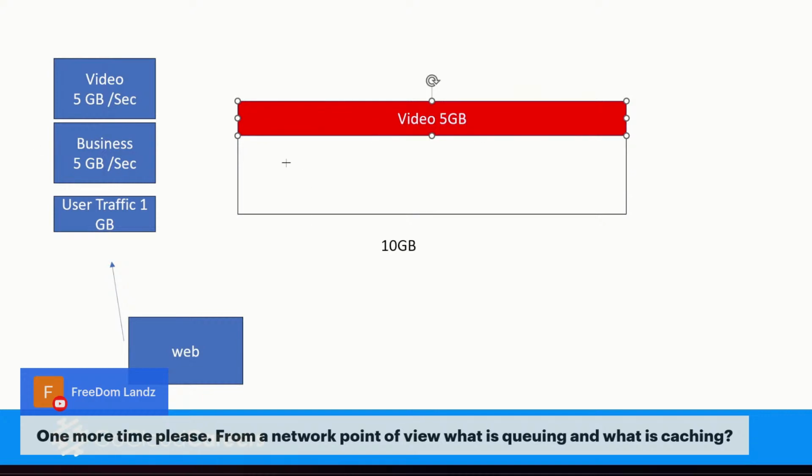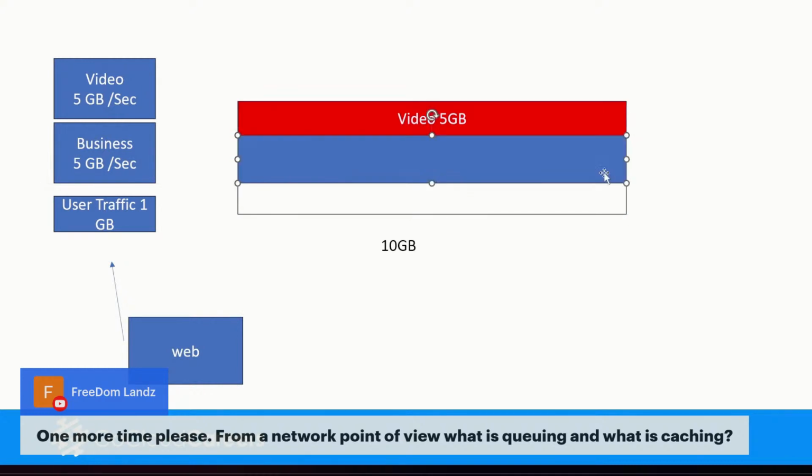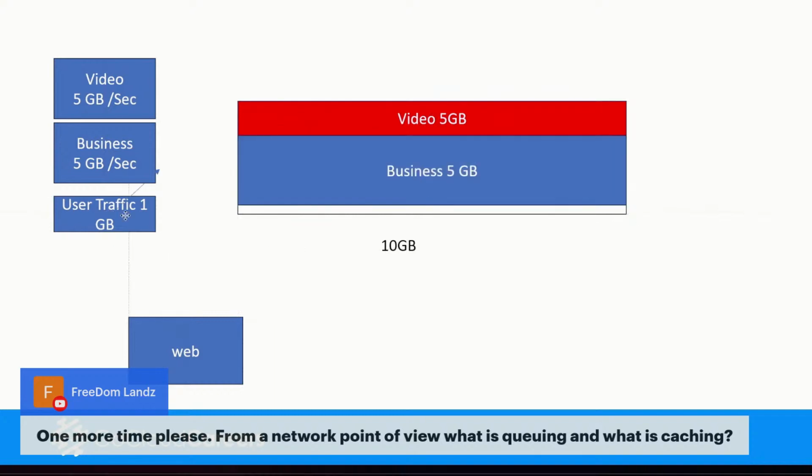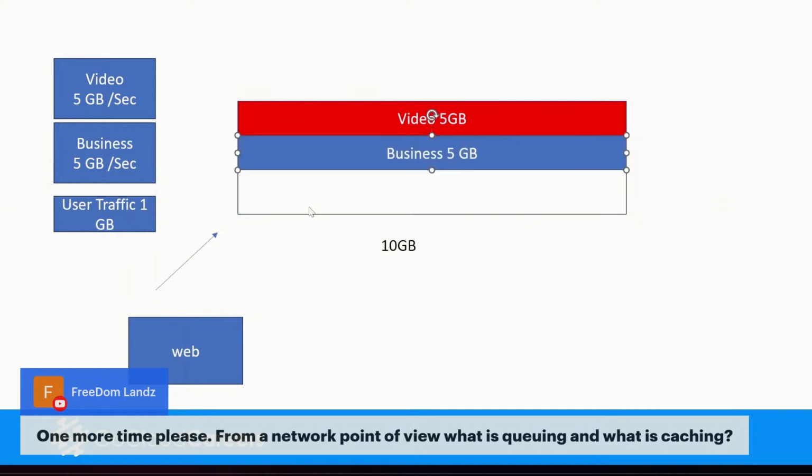And we might then say, if enough traffic is available, give the business 5 gigs. All other traffic is sent if and when there's availability on the link. This is where the extra traffic would go, if there's availability. So if there's no availability for your traffic, nothing goes except for your video and your business-critical traffic. That's why we're typically creating these queues. But I want you to also think about the security implications of why network architects like me typically implement one of these quality of service processes.